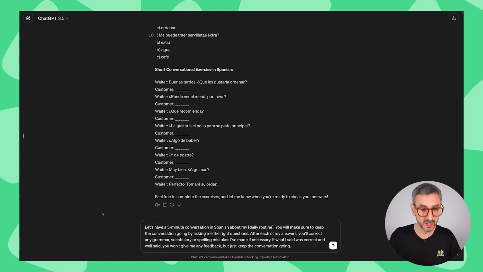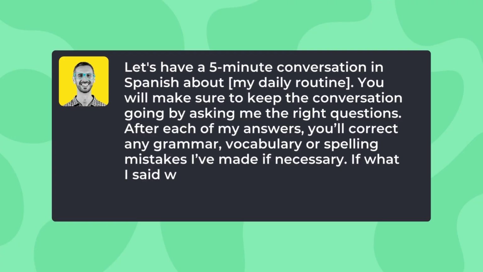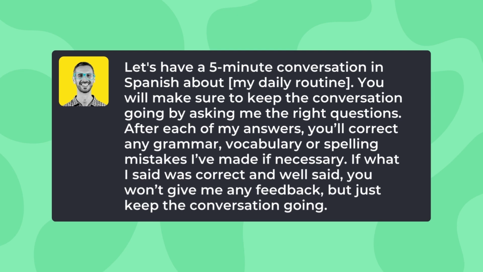And the prompt goes like this. Let's have a 5-minute conversation in Spanish about, then opening the bracket, my daily routine. You will make sure to keep the conversation going by asking me the right questions. After each of my answers, you will correct any grammar, vocabulary, or spelling mistakes I have made if necessary. If what I said was correct and well said, you won't give me any feedback, but just keep the conversation